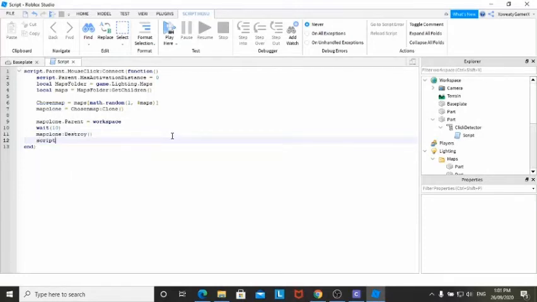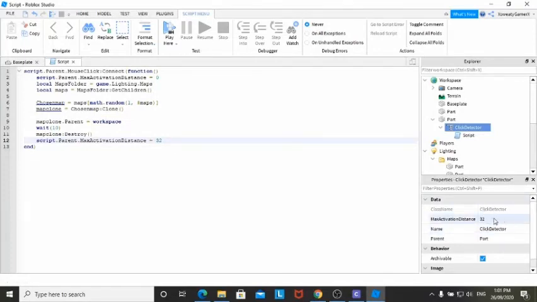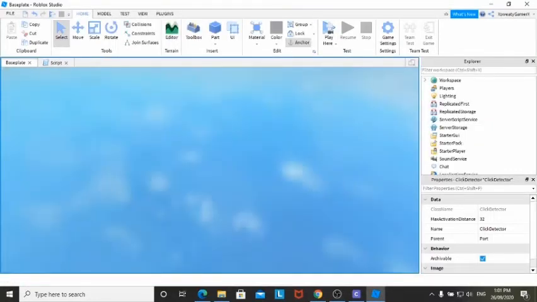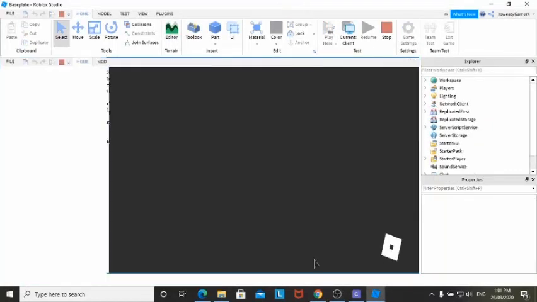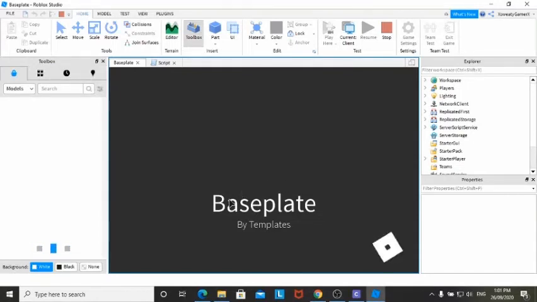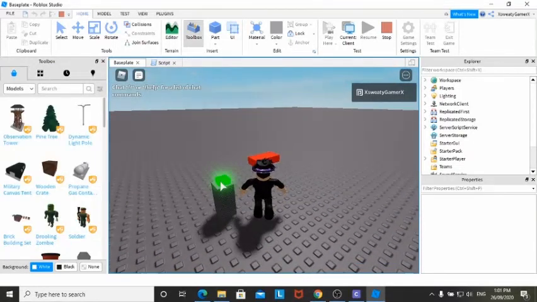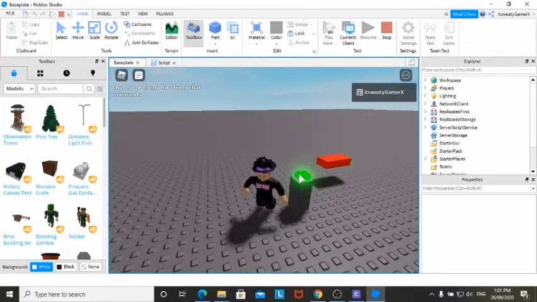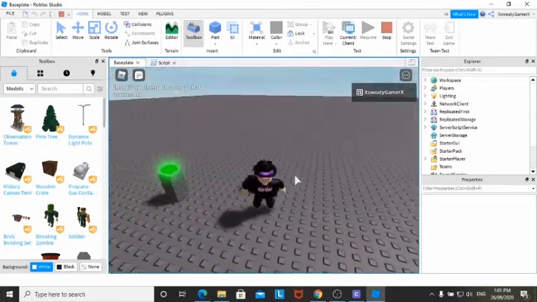Then you want to go script.parent.MaxActivationDistance equals 32, or whatever your max activation distance is for it currently. By default it will be 32, but if you guys want to change that to make it shorter, you can certainly do that. So now when we load in, the second we click it, as you can see, we can't spam it. It's just there. Then when you wait 10 seconds, you'll be able to click it again, and the click button will appear. So if you wait, yep, the click button has appeared again,